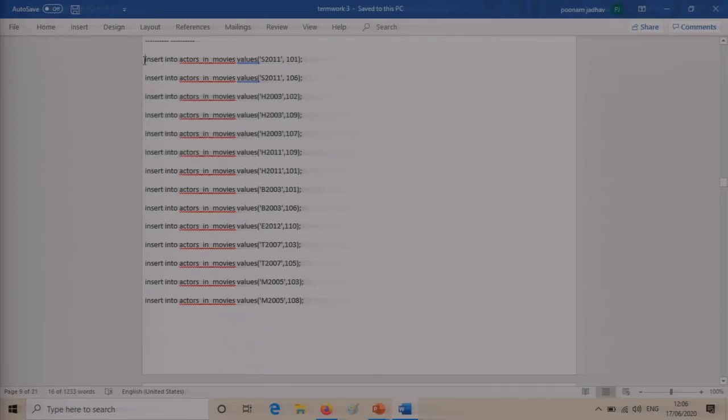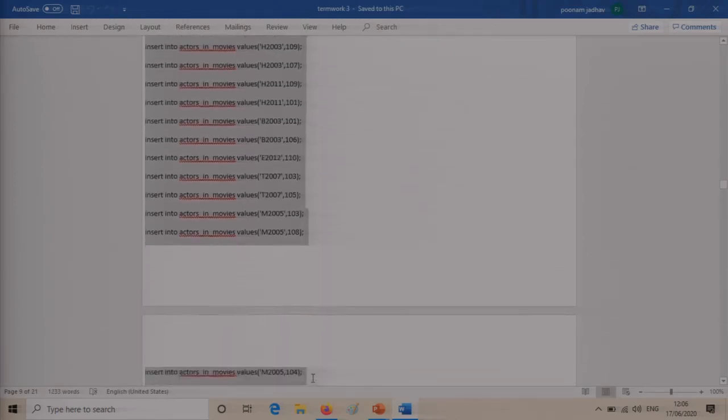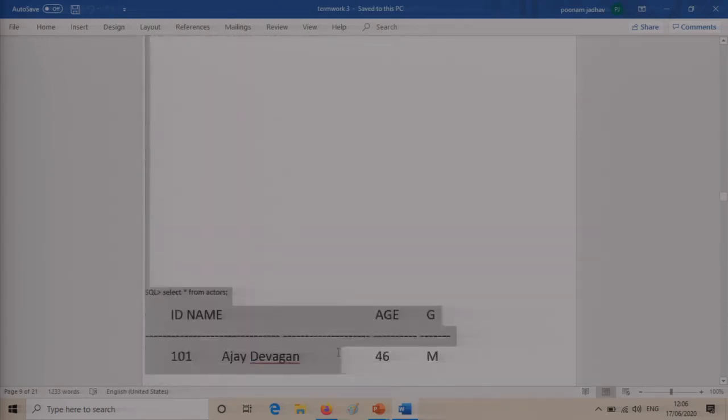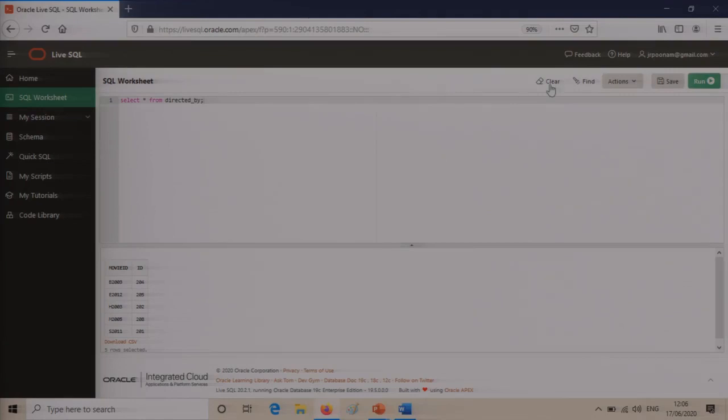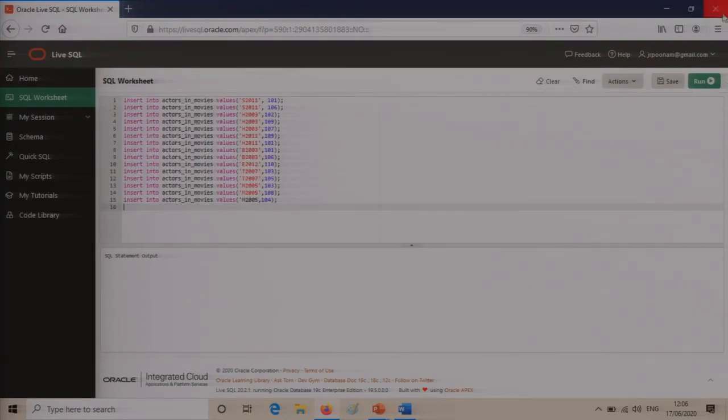So you should create it only after the base tables have been created. Sorry so much. I'll clear this for you, because once you have already executed, in this particular application, if you're using the same application as me, then you should clear this window, because all these statements get executed. So it has been done. I'll just clear this and check whether it is done properly.